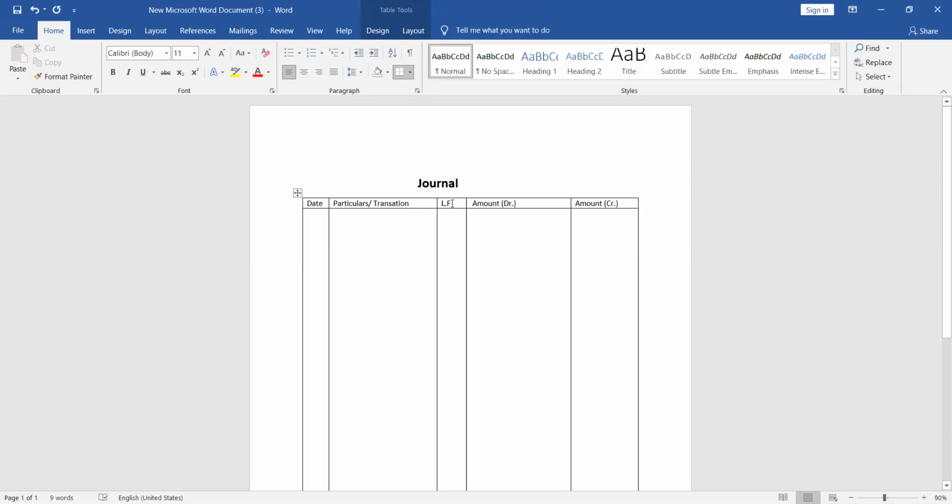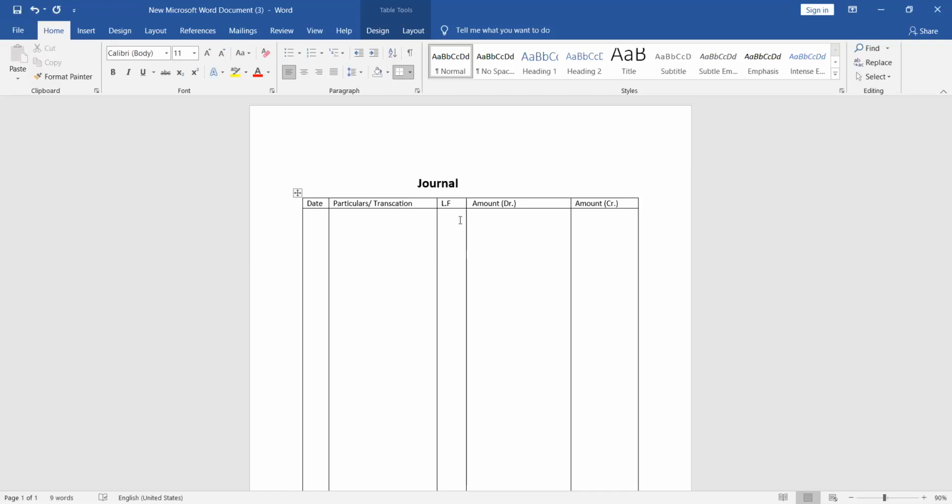If you remember, I told you in the accounting process, after journalizing the transaction, it is to be posted into the ledger. So when it is posted in the ledger, what happened in that case? It is posted in the ledger on the various pages. The various pages contain various accounts. So in that case, the page number is to be recorded over here. Very easily we can see on which page number, which transaction we have done. It is very easy to see.